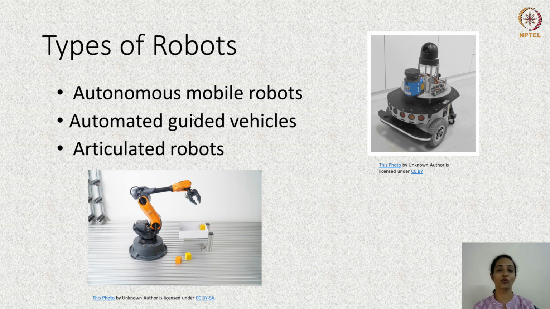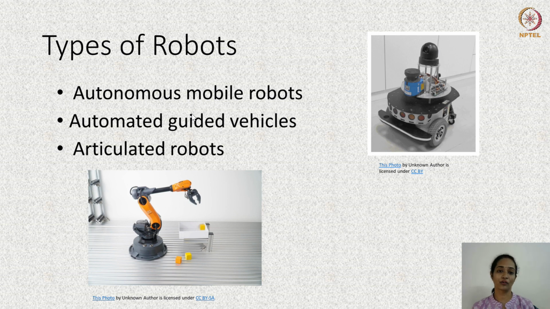The next category of robots is the automated guided vehicles. Automated guided vehicles are very much like AMRs, but their mobility is highly restricted. Usually, they can move only on a track or a predefined path, and they cannot take action unless there is operator oversight. Usually, their use is limited to delivering materials and moving things in a controlled environment.